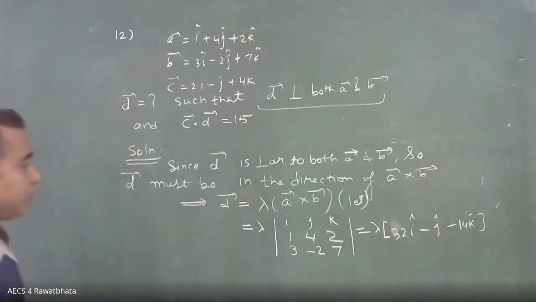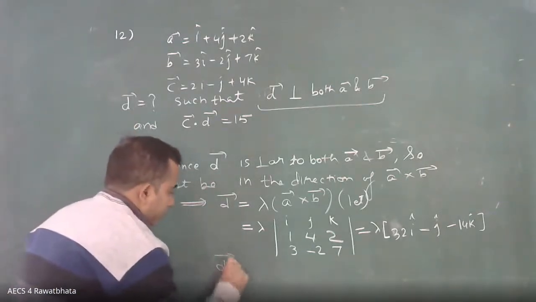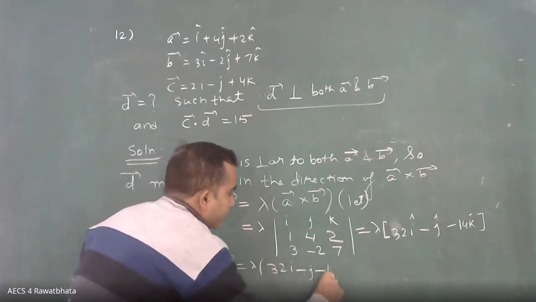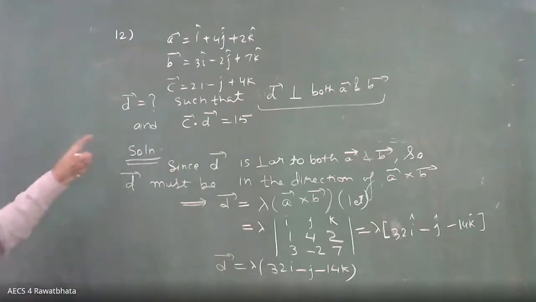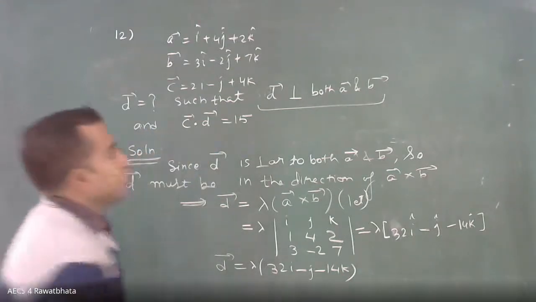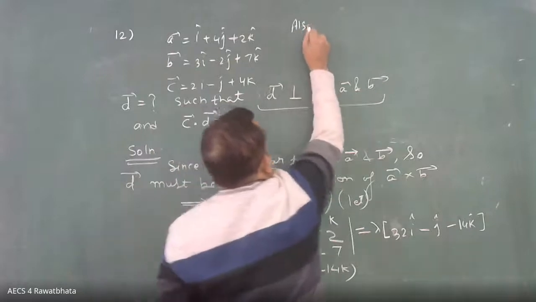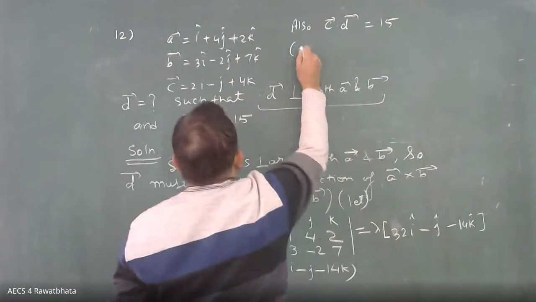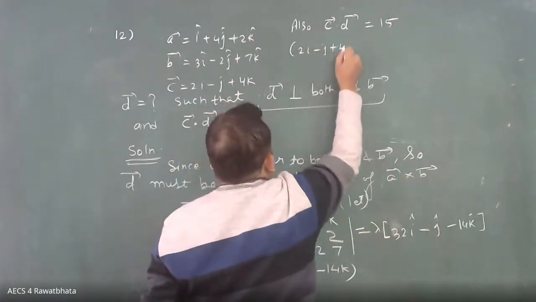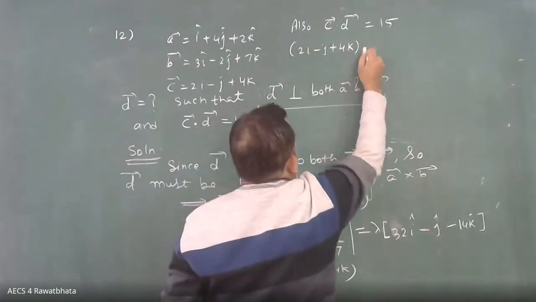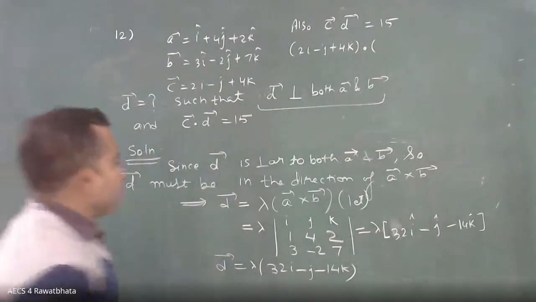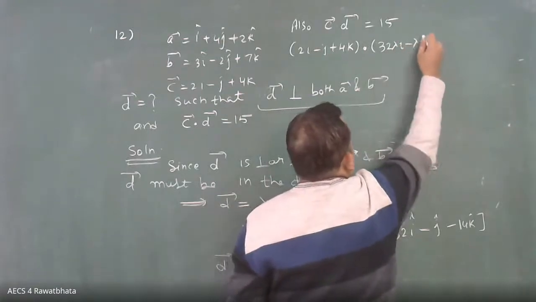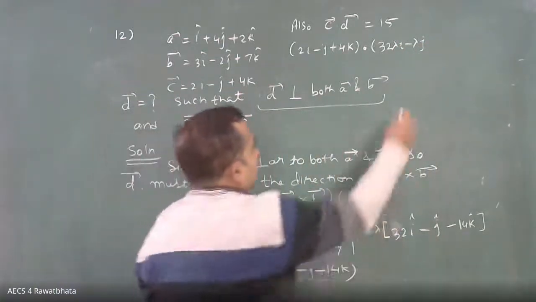Okay, this is my D vector. D is lambda times (32 i cap minus j cap minus 14 k cap). And I know that C dot D is equal to 15. Let us use that. Also, C dot D is equal to 15, and C vector is 2i minus j plus 4k, dot D. I'll multiply lambda inside. So this will become 32 lambda i minus lambda j minus 14 k